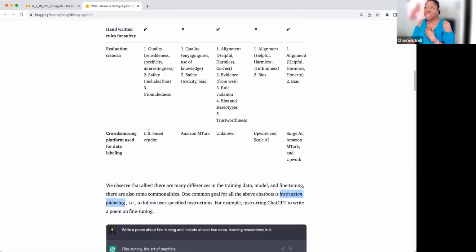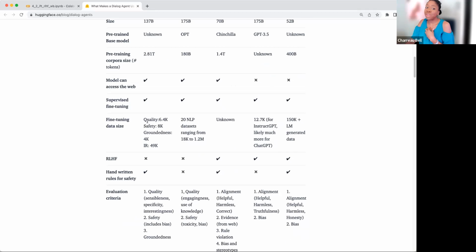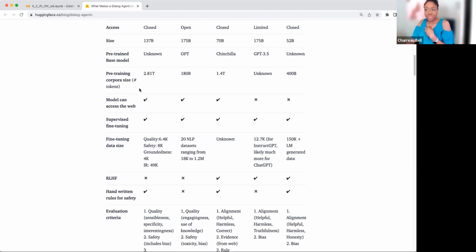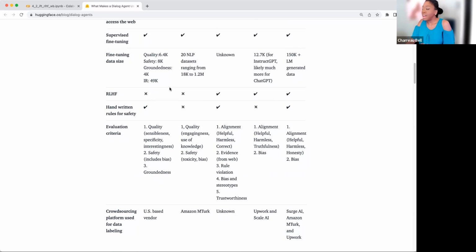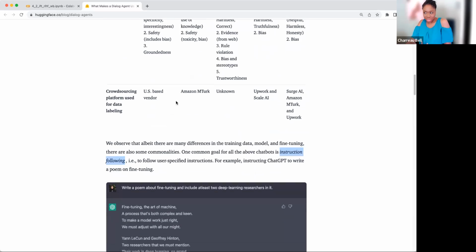When you're training your large language models, sorry, it's going to be a scrolling kind of day, so hang in there. When you're training your large language models, with our pre-training, we are predicting the next token. It's a relationship that we're learning, but it has nothing to do with instructions. Whatever is in this training set coming from the internet, we're just predicting the next token over and over. So we get a sense of English, the styles, what kind of words flow together, but we have no idea about instructions after that initial pre-training step.